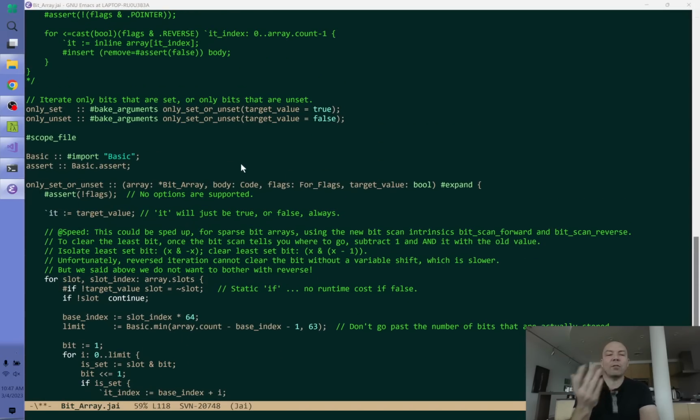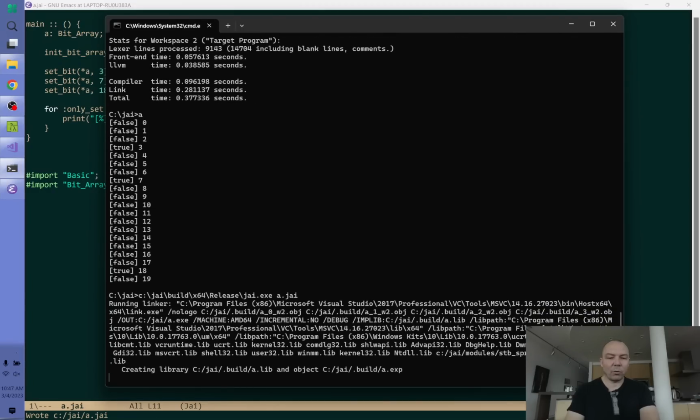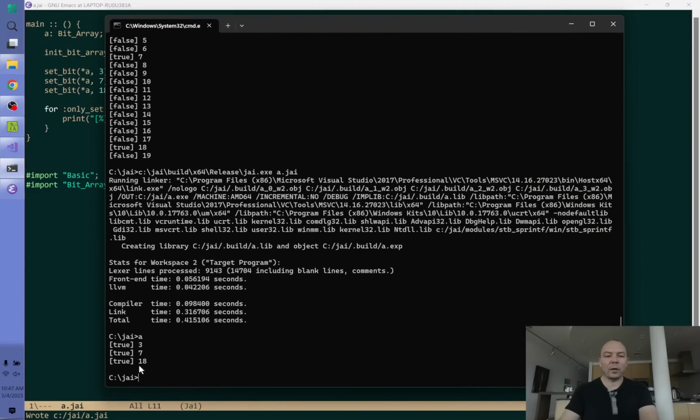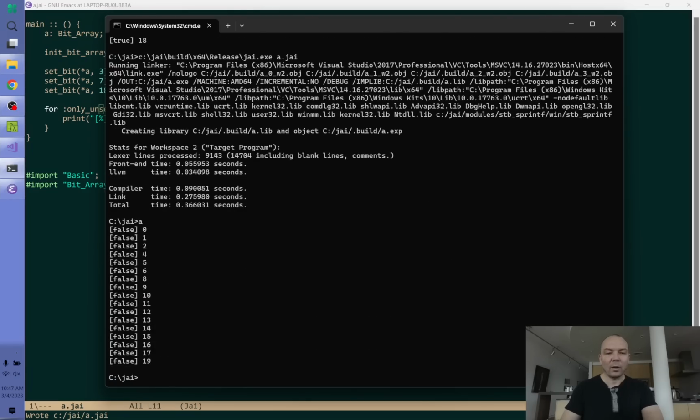So if I want to say, give me only the 1 bits, which is a common thing to want, right? Then I can just do that. I could say for only set, and now we only iterate over the 1 bits, and there we go, right? Or I could say only unset, and we get the 0 bits. So that's very convenient and expressive, but